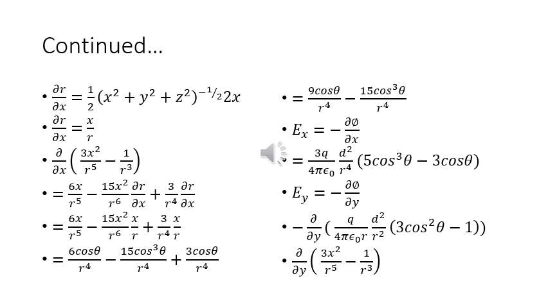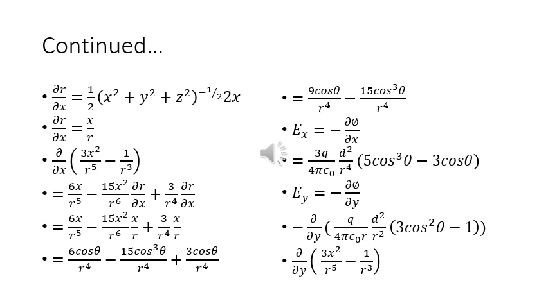Now, if we differentiate 3x² by r⁵ minus 1 upon r³ with respect to x, we will get 6x upon r⁵ minus 15x² upon r⁶ δr by δx plus 3 upon r⁴ δr by δx, which is equal to 6x upon r⁵ minus 15x² upon r⁶ x upon r plus 3 upon r⁴ x upon r, which is equal to 6